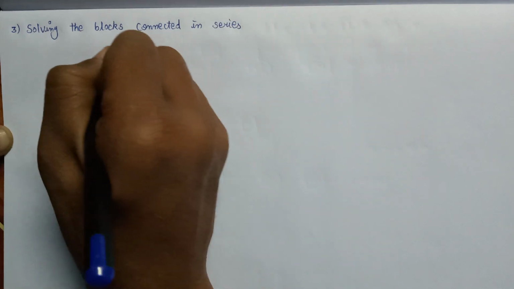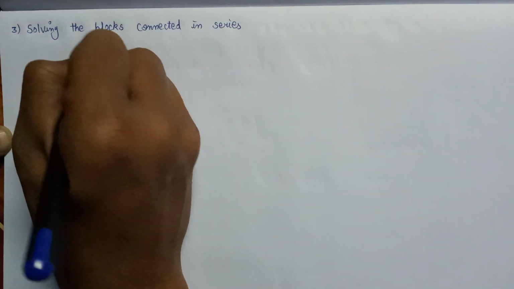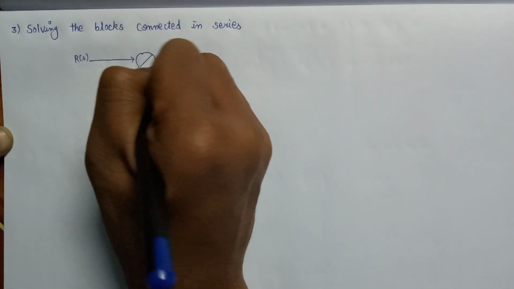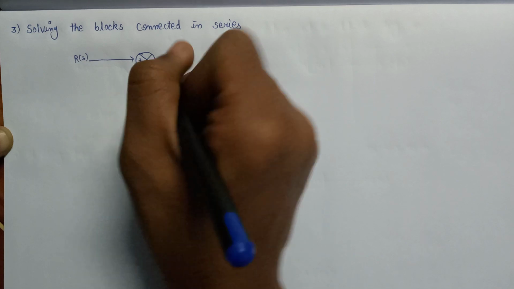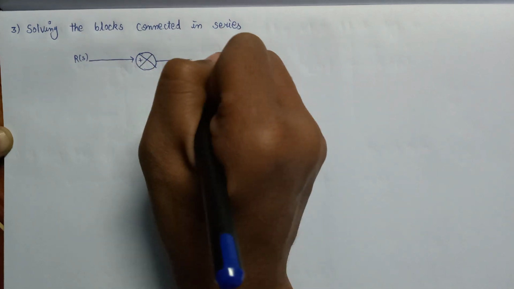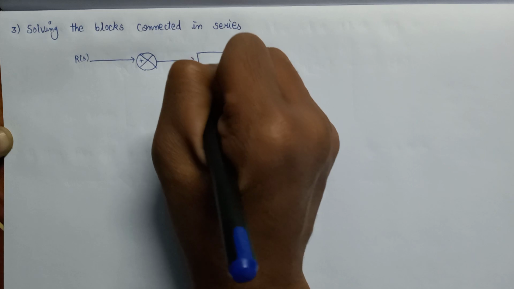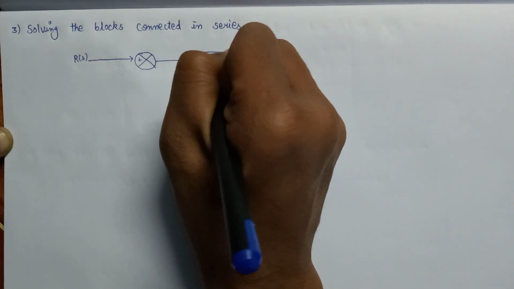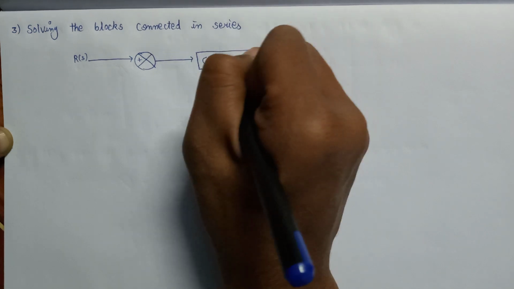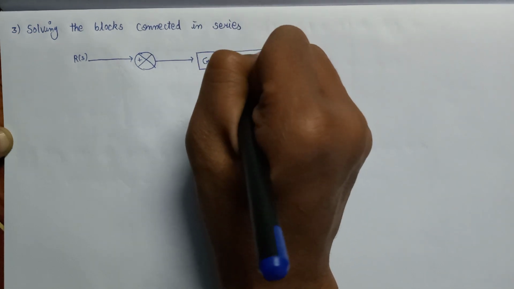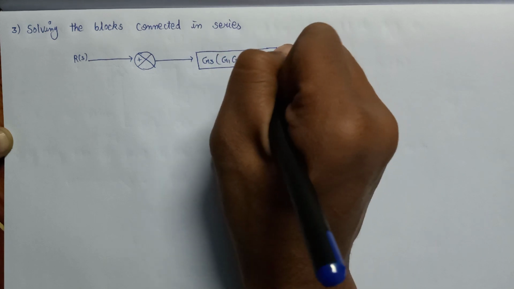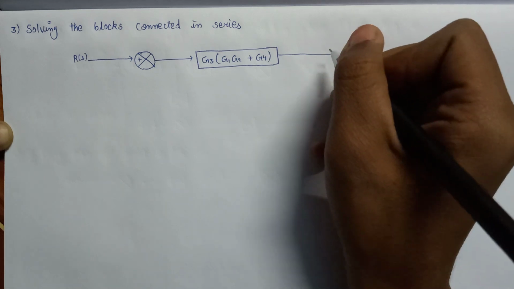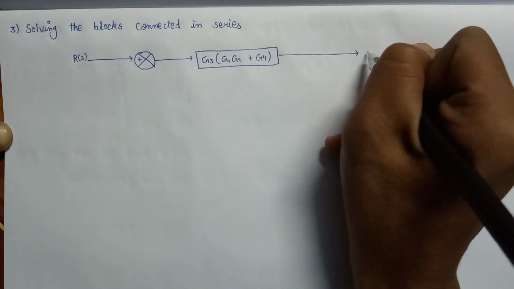So the equivalent circuit will now become: here is R of S that is applied to the summer with positive polarity, and the summer is then connected with the equivalent gain that we have calculated, which is equal to G3 multiplied with G1 G2 plus G4, and the output of this block is connected to the C of